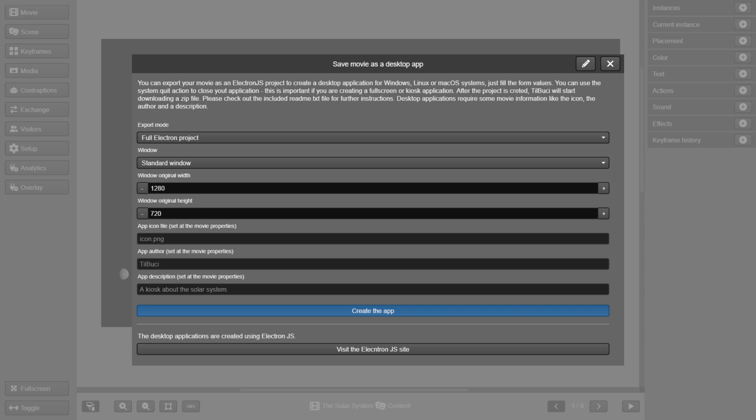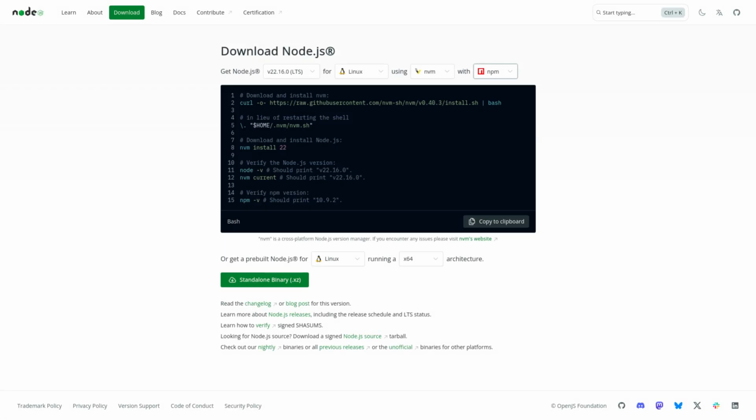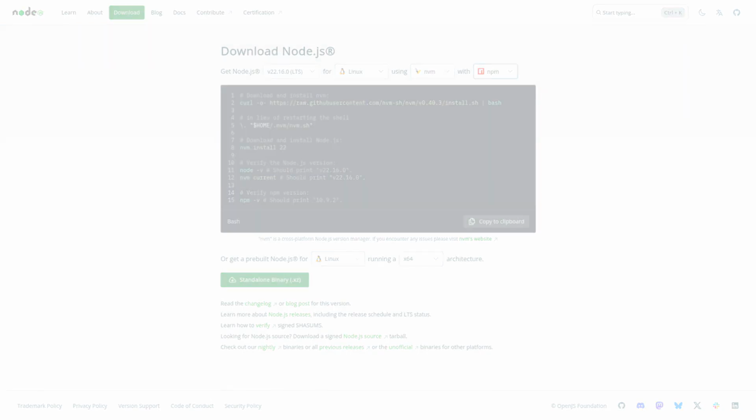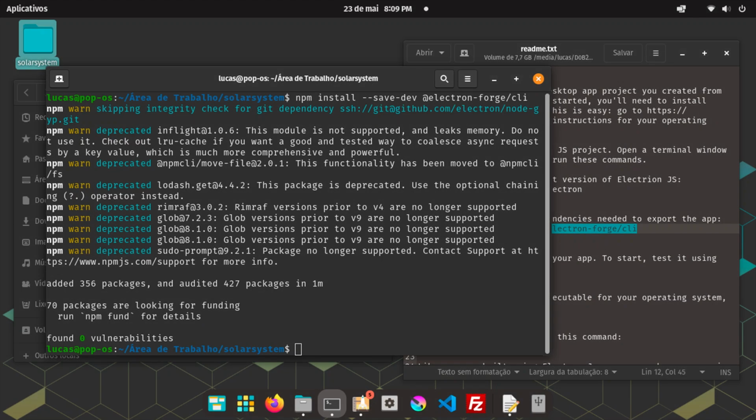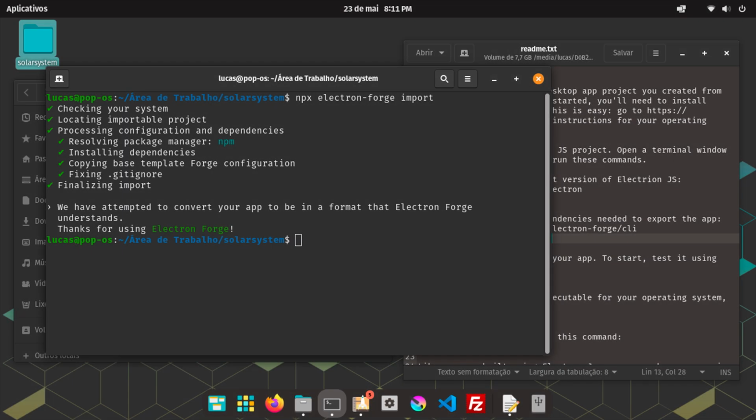Generating the application on Linux systems is quite similar. First, download the compressed folder from the TLBusy export as before. The next step is to install Node.js on your system. You can check the software's website to find the best option for your distro. Now, let's open the content folder of our kiosk, the readme.txt file, and run the 3 installation commands, both for Electron and the dependencies.